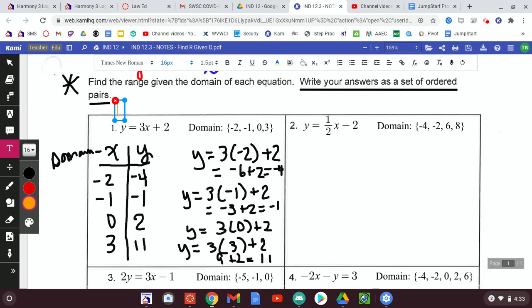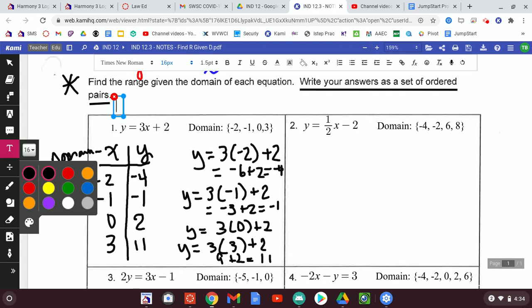sorry, I put my pencil in my mouth, makes it kind of hard to understand me. All right, so I'm going to use a text box just because for me that's a whole lot neater than trying to write it, but of course, if you have room in your box, you can write it. So my answer as a set of ordered pairs is,